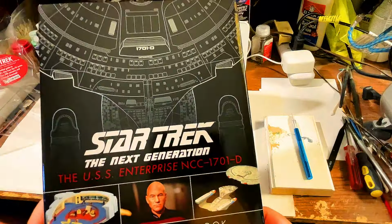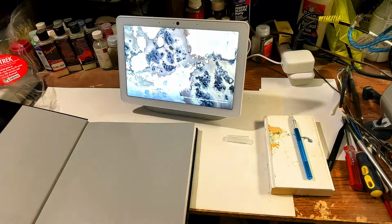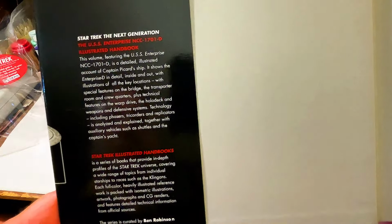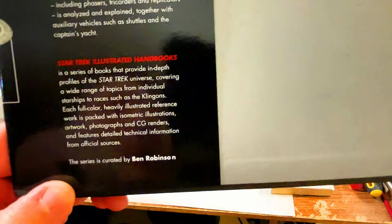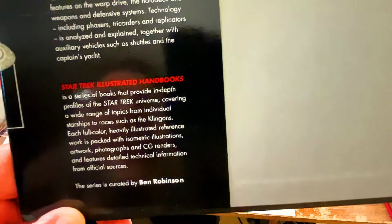Check that out. Alright, let's take a peek inside. You can see phasers, tricorders, replicators, analyze, explain together with auxiliary vehicles. So the series that I had shown you, the 1701, Star Trek Illustrated Handbooks, a series of books that provide